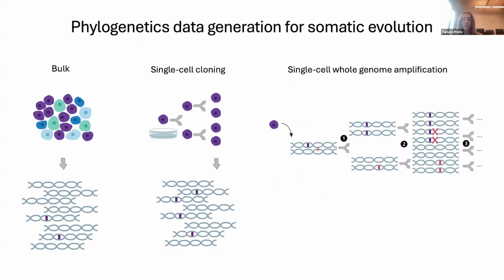We need to identify somatic mutations that arise naturally during cell divisions and determine which clone each mutation belongs to. Bulk sequencing can't always give us this information reliably because it infers clonal genotypes and abundances from variant allele frequencies. So an alternative is to isolate single cells and clone each cell in vitro to obtain enough DNA to build a sequencing library. And if cells cannot be cultured in vitro, we can still perform a whole genome amplification. However, historically, single-cell whole genome amplification methods introduce errors that make accurate phylogenetic reconstruction challenging.